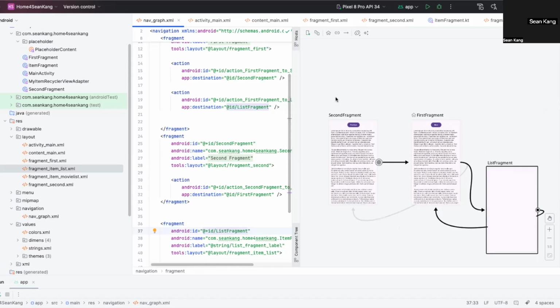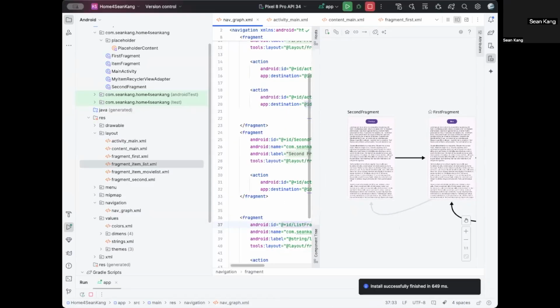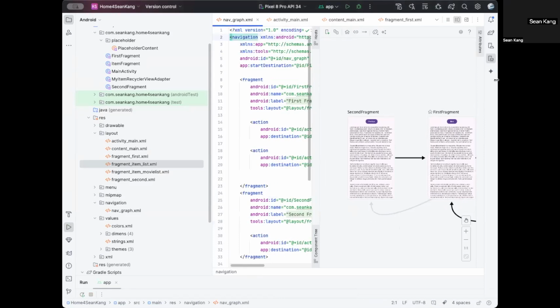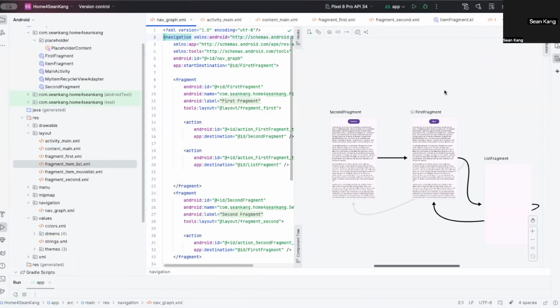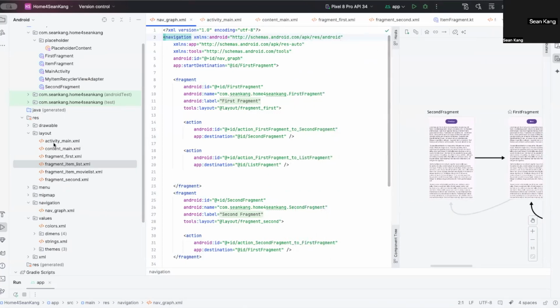Now, what's happening is if I try to run it now, let me show you what's going to happen. This is the first fragment. It still has only one button, and there's no way to go to that list fragment yet. So what's happened is we haven't actually added the second button yet. We added the action, but we didn't add the actual visual button. So that's what we have to do now. So we go over here,